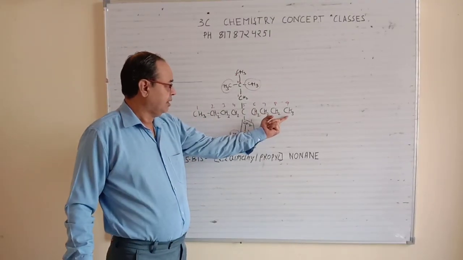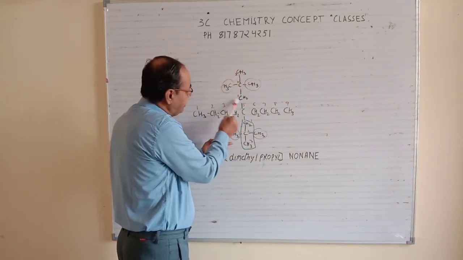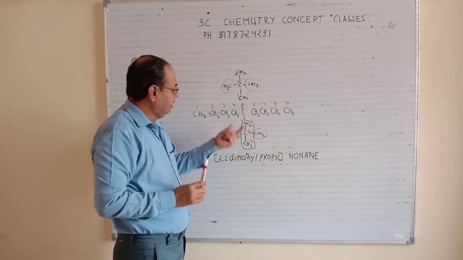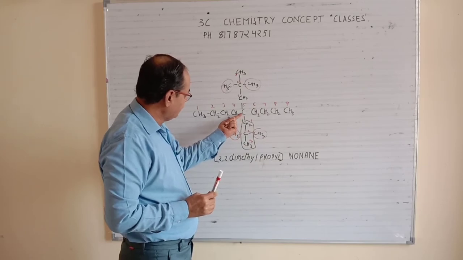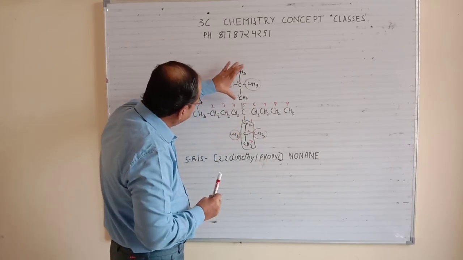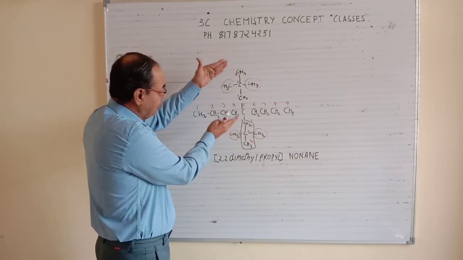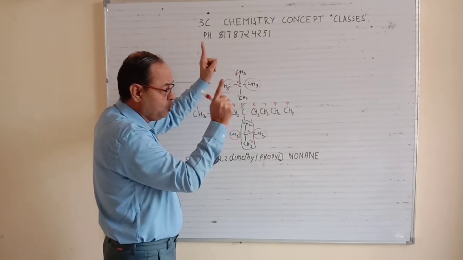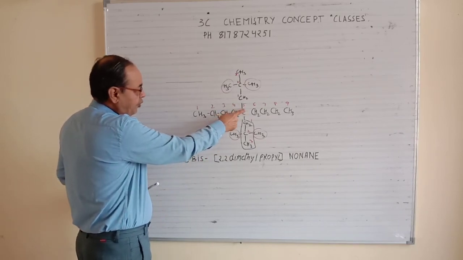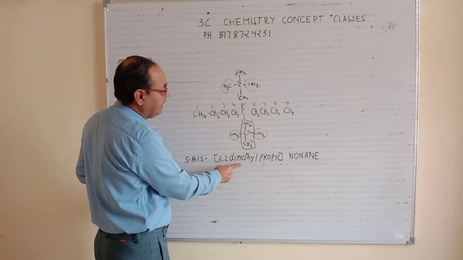The next concept is that suppose we have carbon 1 to 9, that is known, and there are two groups which are exactly the same on both the sides. These two groups may be of the same carbon, maybe of different carbon, it hardly matters for that. So for this we have a name. This portion and this portion are exactly the same, there are two portions which are exactly the same, and that contains a branch-into-branch portion. Then rather than writing di, we will use the word bis. So the name for this is 5 bis. The rest is the same, 2,2 dimethyl propyl and nonane.